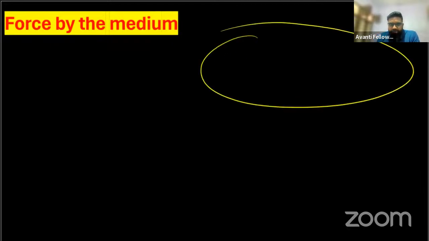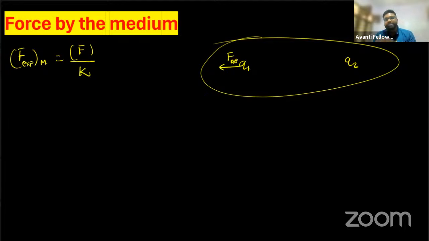Now, force by the medium. So I have told you already. Suppose this is the particular medium in which Q1 and Q2 are present. We know that the force experienced in a medium is the actual force divided by K, right? Which means the force experienced by this charge is the net force, and it is somehow decreased,